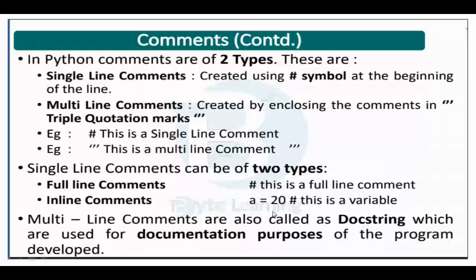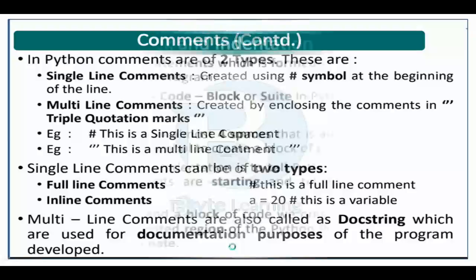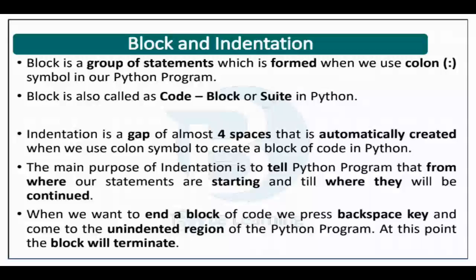You can write full line comments or inline comments. Single line comments are of two types in Python programming. You can write them either by starting the comment with the hash symbol, or you can add them along with a statement. This way of giving a comment is known as an inline comment. Whenever you give a comment along with a statement, it is known as an inline comment. Again, I will show you all these practically in the sample program which I am going to create in a short file.